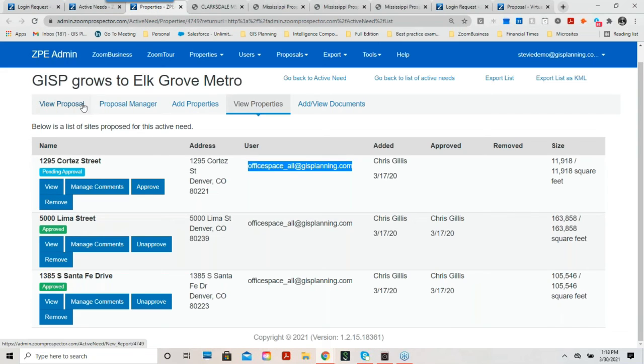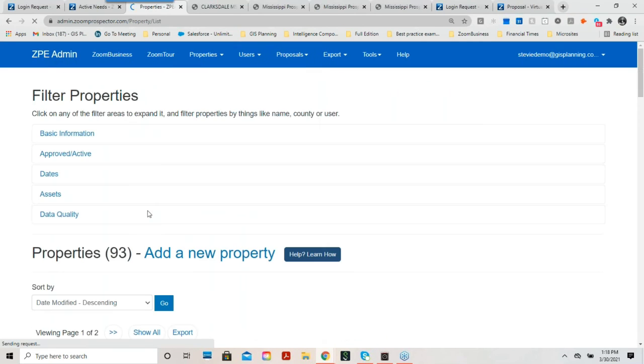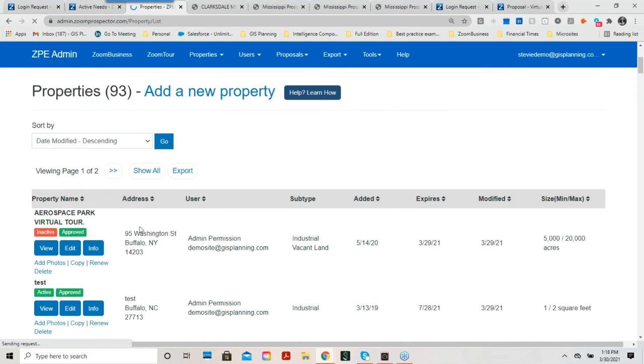And I believe the answer, and Bill or Maureen, if I am incorrect in this, let me know, but I believe the answer to this was yes. So if you see that you have brokers who have added properties in your system, and you know that property is under letter of intent or it's been sold and the broker hasn't updated it, you will have the ability to add, delete, or modify that property